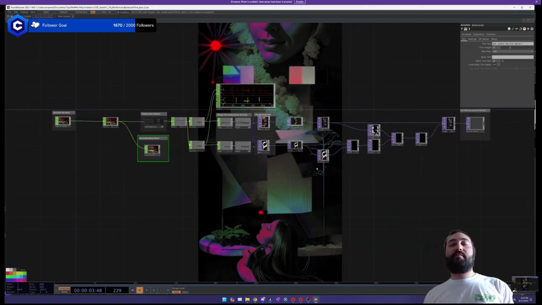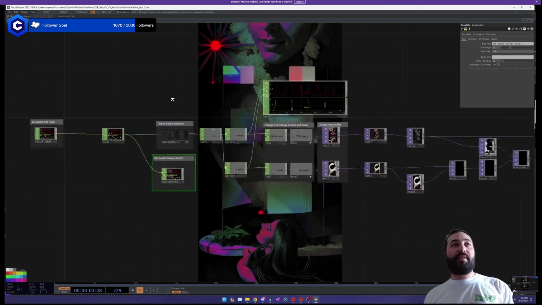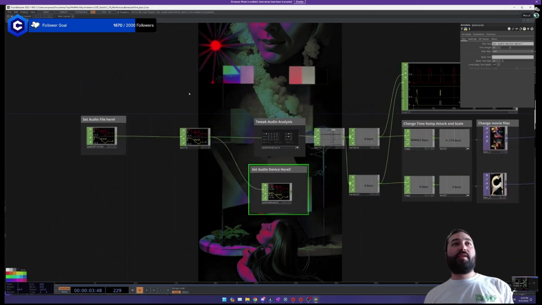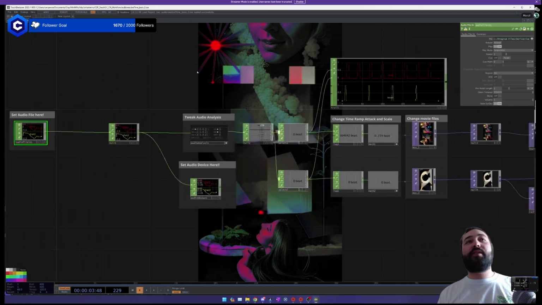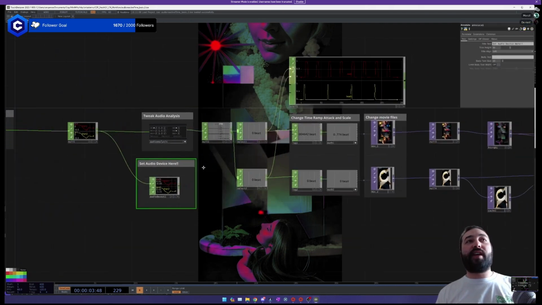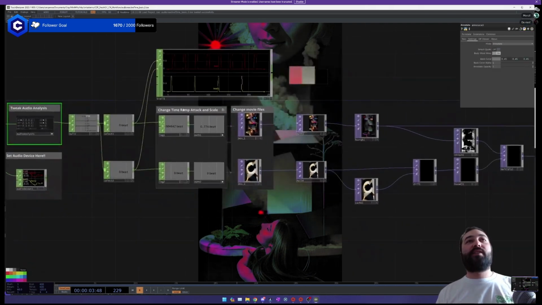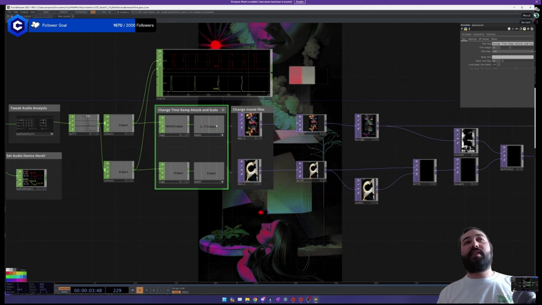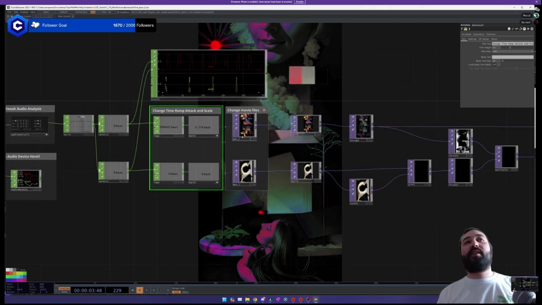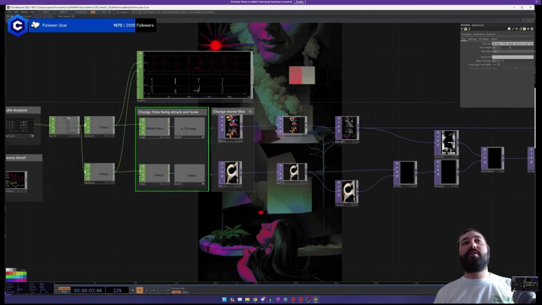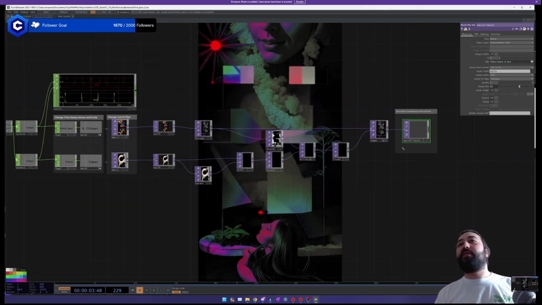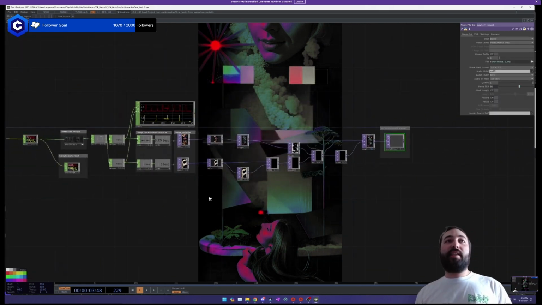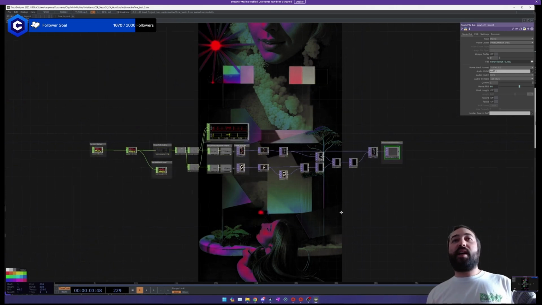Yeah, so this is the setup that I put in the Civitai model page. I put some labels here. You put the audio file here that you want to use. This is where you set your audio device. Here's the audio analysis. This is where you change the speed of the ramps, and how fast it moves through the videos. This is where you put in your two video files, and then the compositing happens and you record the video here. So this is the basic setup.